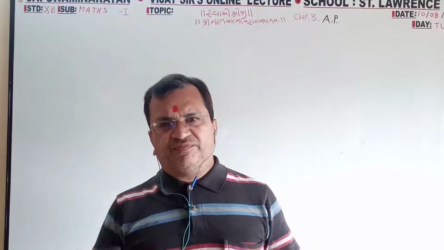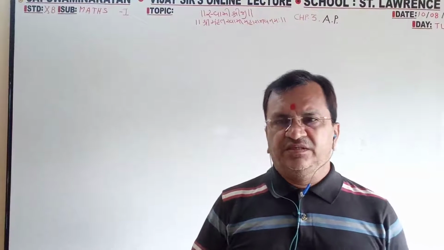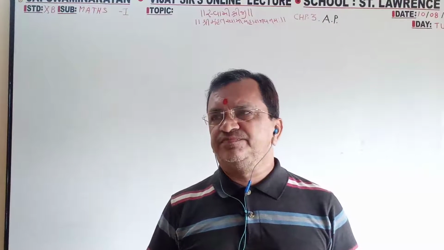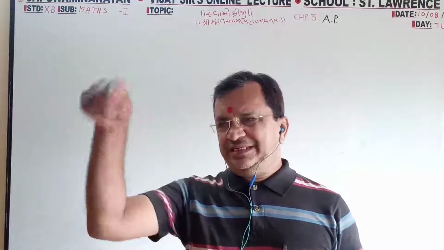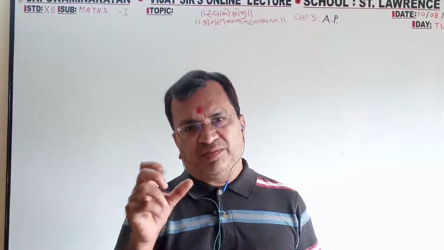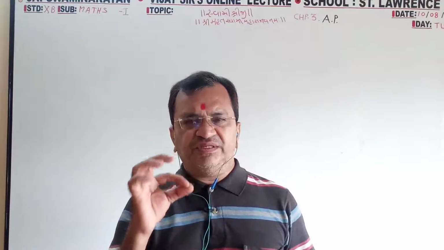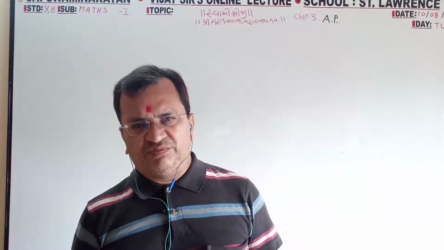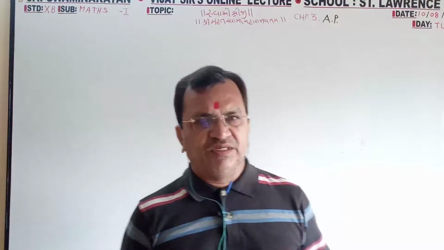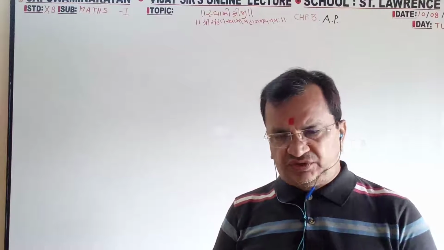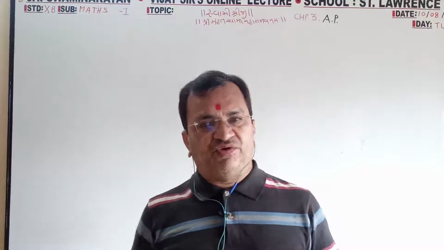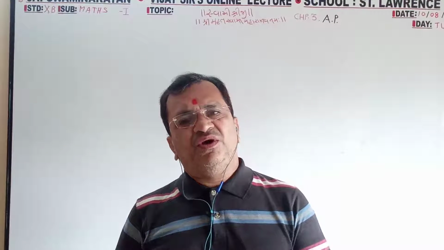So in this type of series, in arithmetic progression, the difference is very important. If between two successive consecutive numbers the differences are constant, then it is said to be an arithmetic progression, AP. So first, which of the following sequences are AP? We have to find out whether it is AP or not.